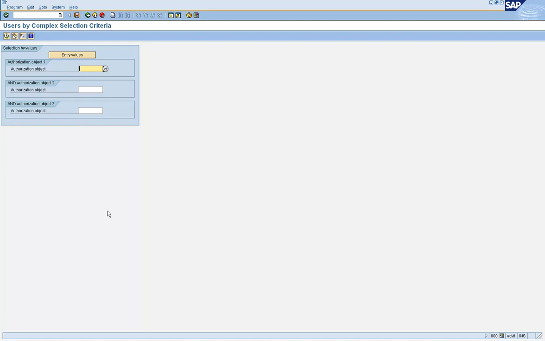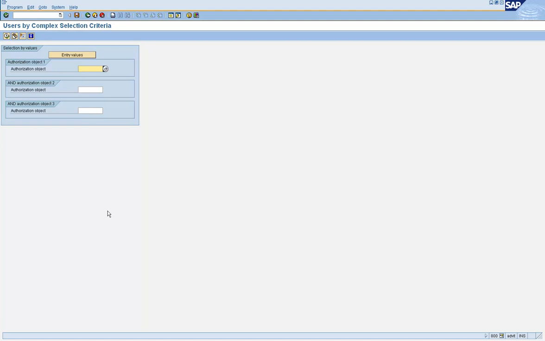Right? Now creating a user ID, the transaction code is SU01, right? But SU01 could be used for different purposes. Like you could have SU01, but you could only display it. You can't do anything else in SU01.